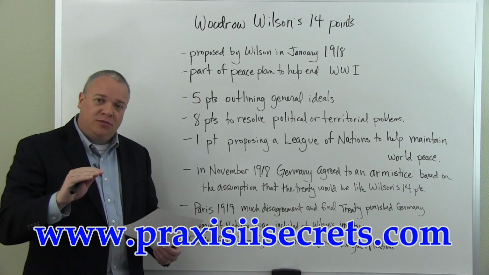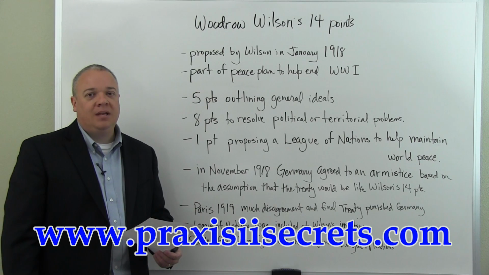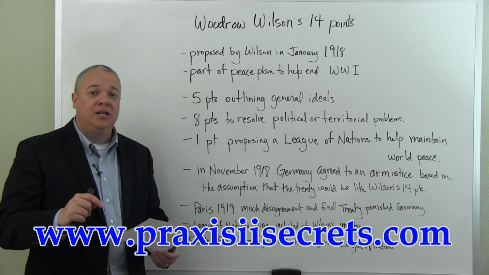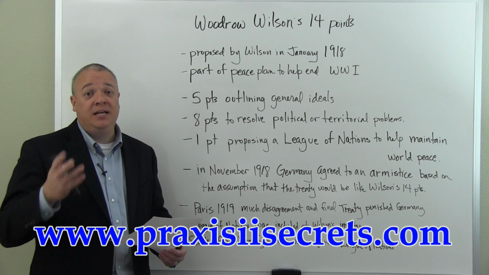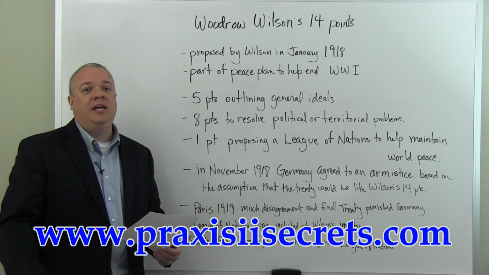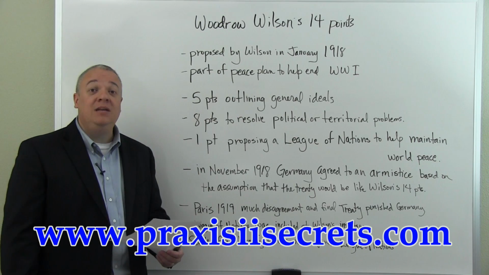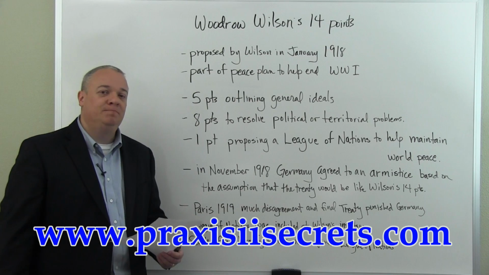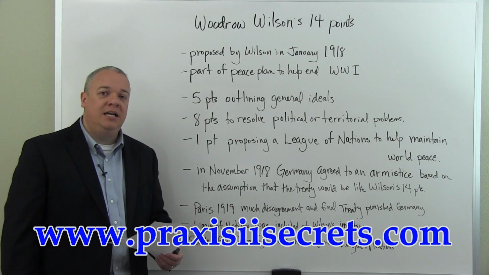And so he pushed for the League of Nations, which was reluctantly included in the Treaty of Versailles and was passed. The irony is, though, that even though he forced it to be included, because he got sideways with Cabot, when it came time for the Senate to ratify the treaty and include America in the League of Nations, they refused, as a sort of slap in the face to Wilson. And therefore, America never joined the League of Nations, even though it was Wilson, the president of the United States at the time, who pushed for its inclusion. The League of Nations is the precursor in some ways, at least conceptually, to the United Nations.